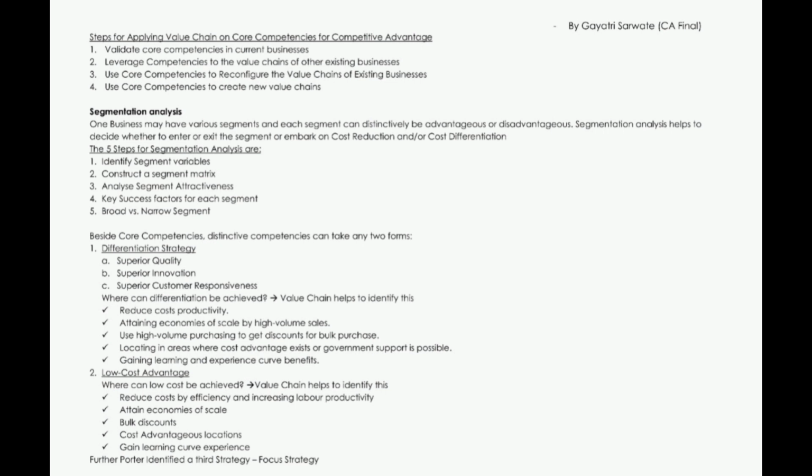Now when these segments are identified and categorized into matrices, we have to analyze each segment's attractiveness. That is by evaluating the profitability and performance of each segment. The interrelationship between these segments must also be considered when we analyze segment attractiveness. The fourth one was to identify key success factors for each segment, which again depends upon the objectives and